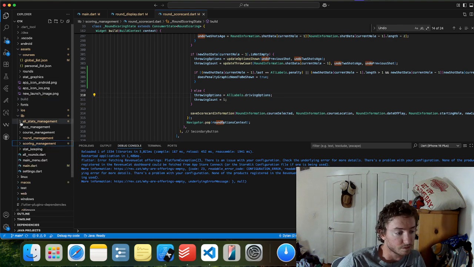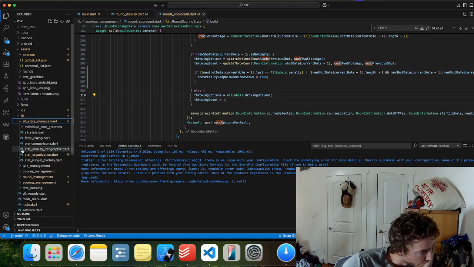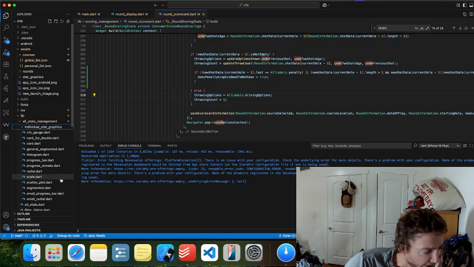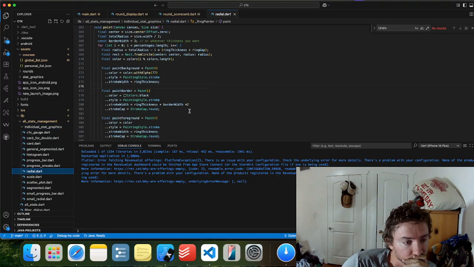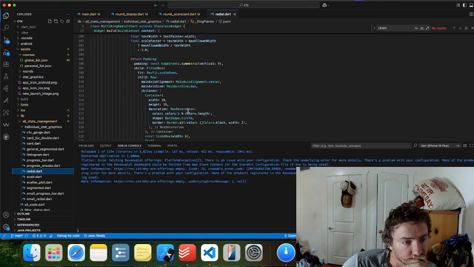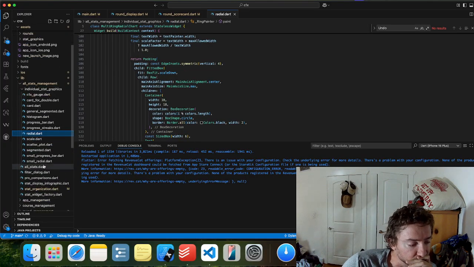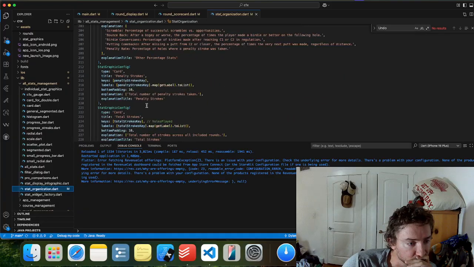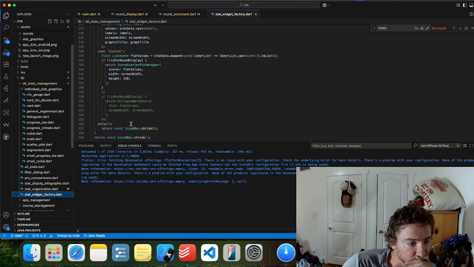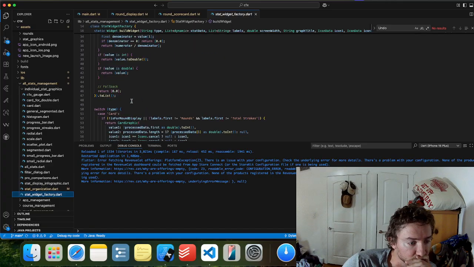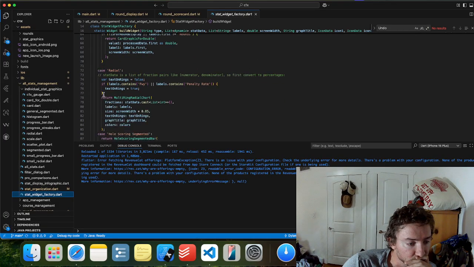Let's go to all stats. Is it the radial that I call organization? Radial putting stats on the widget factory for radial, multi-ring radial chart.